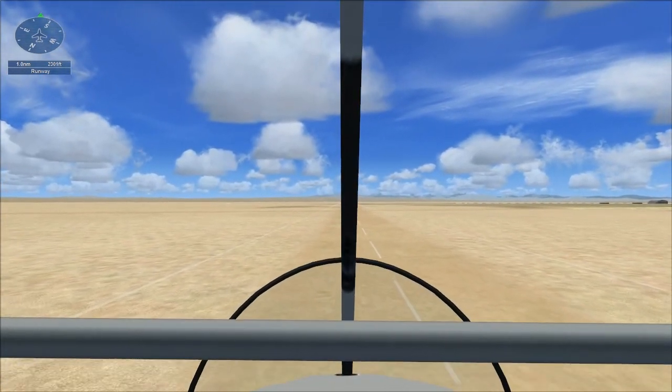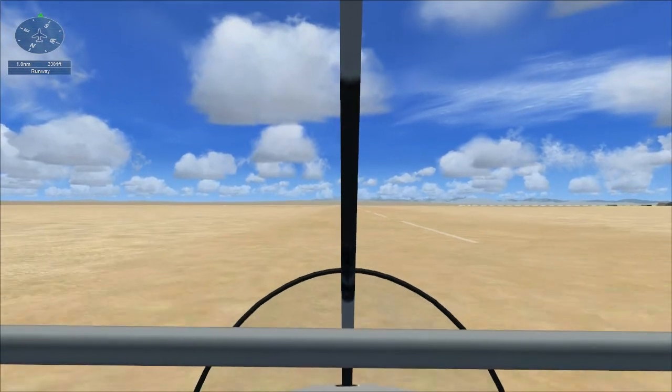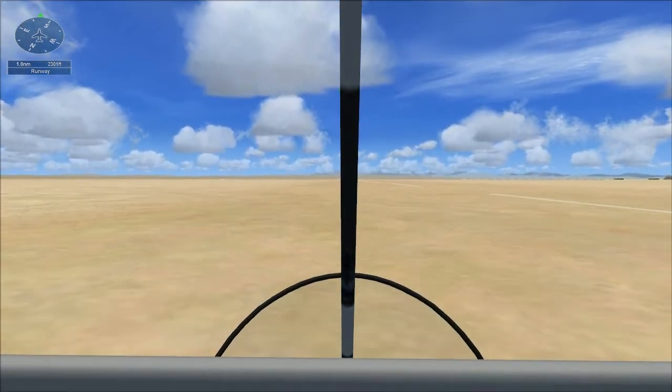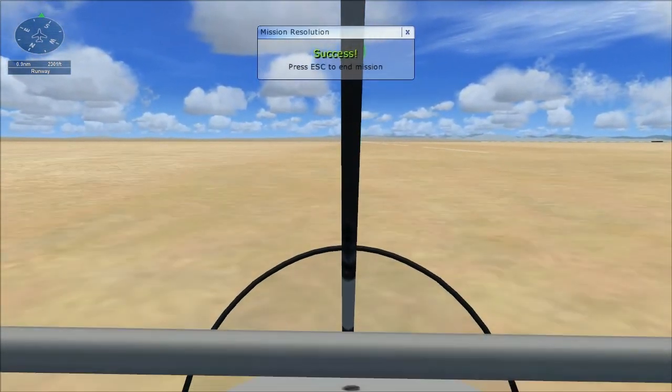Pull back slightly on the stick and level out. Try to float over the runway as long as possible. Now brake. Pull the trigger on your joystick or press the period key. Come to a